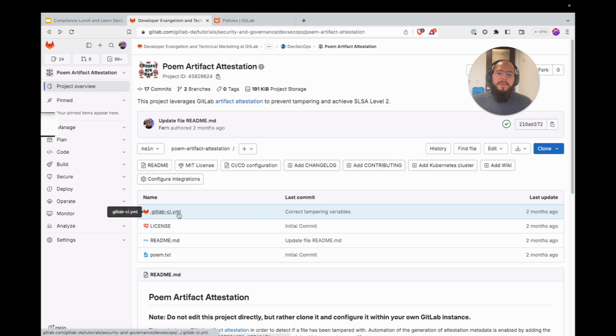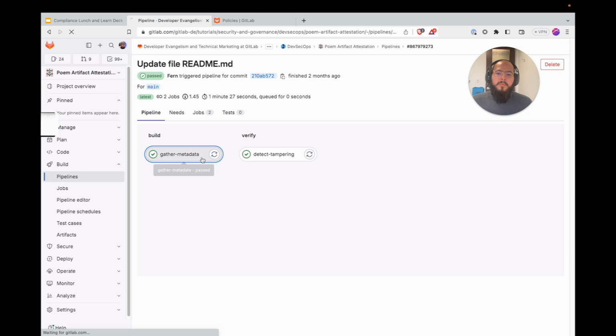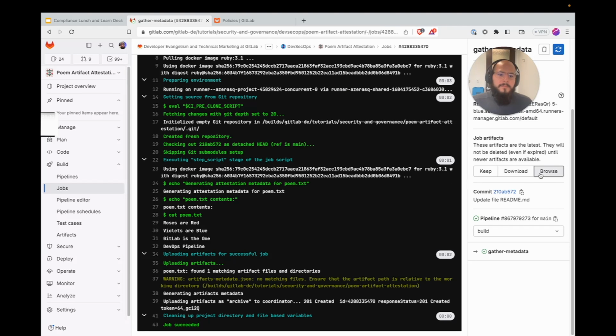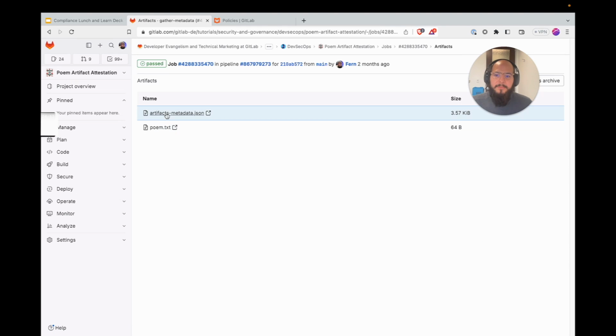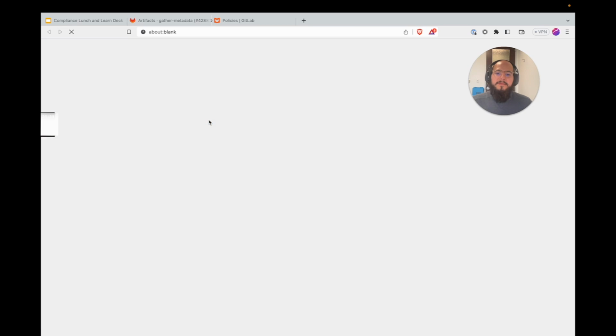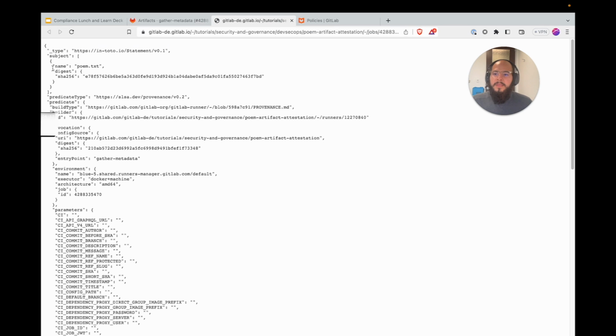So what ends up happening is, if we look at the pipeline, we gather the metadata. This is what GitLab provides in the artifact. So it provides the name of the artifact with its 256 hash. Now, this is a text file, so we can easily see if it's been altered. But if this were a binary or some type of executable, we want to make sure that it's never altered.